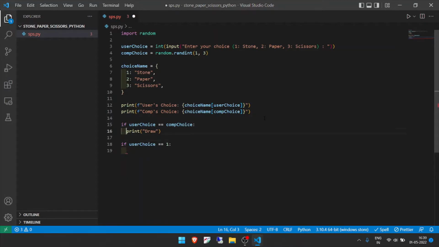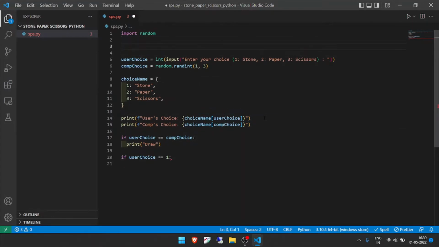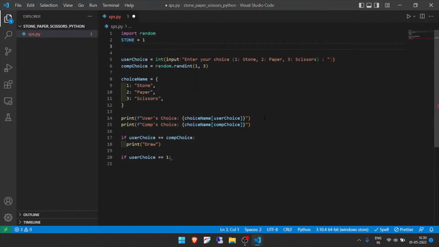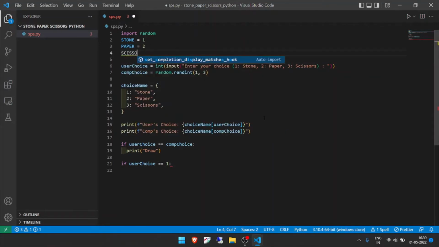Instead of using 1, 2, 3 separately, we can create some variables for that. So stone will be 1, paper will be 2, and scissors will be 3. Cool. So instead of writing one, which is less readable,